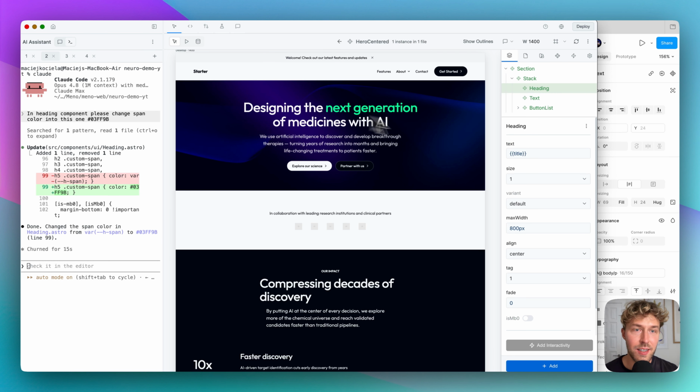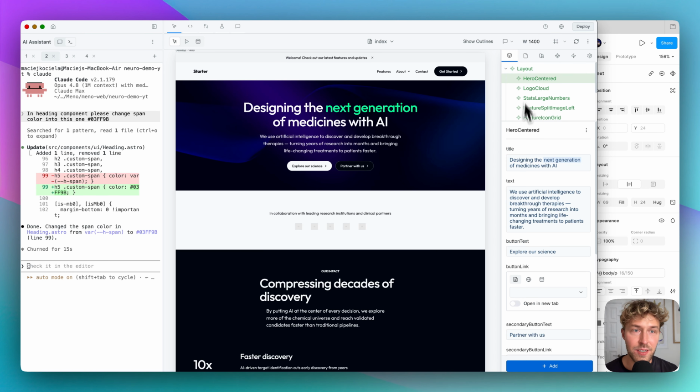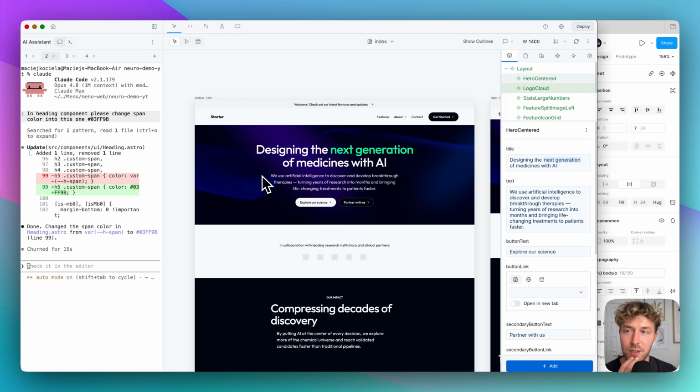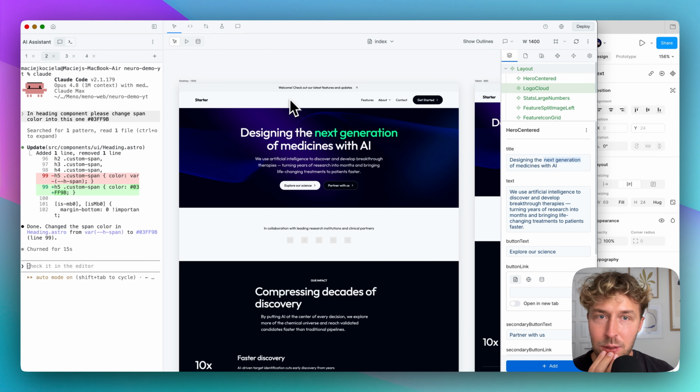And next, in the Hero Centered, I can right here decide which element is a span, or I can just click remove if I would like to. Perfect. So right now, the next thing which I would like to do,